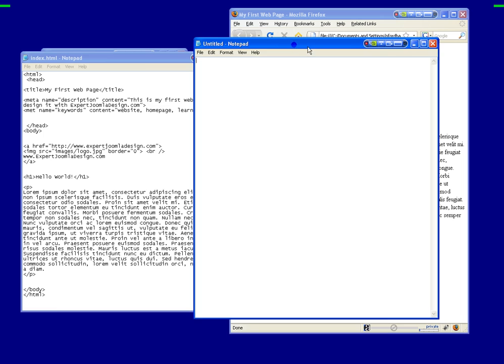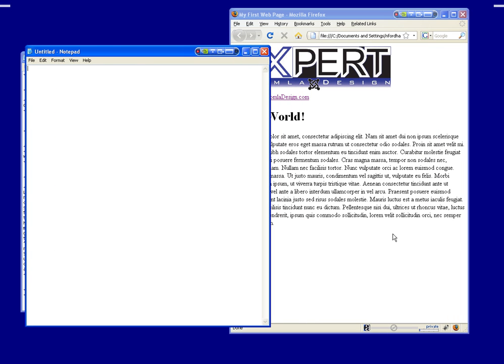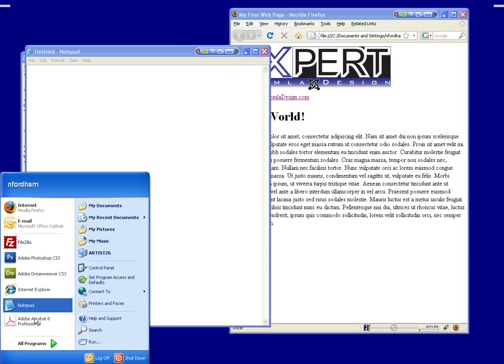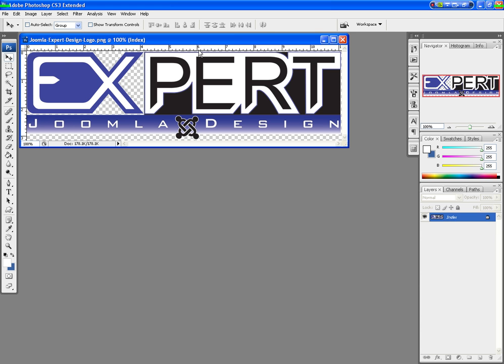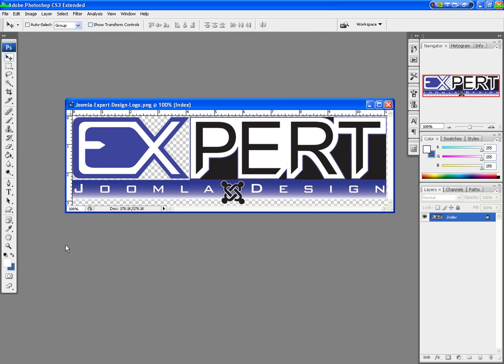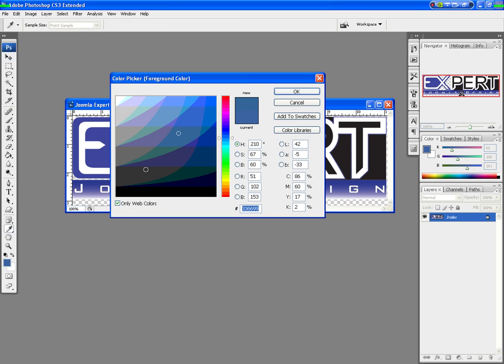So what I want to do is make the background of this page blue, the color blue that's in this logo. So first off, I'm going to open up Photoshop. In Photoshop, I've got this logo already opened. I'm going to hit X, bring the color to the top, take the color picker, and make sure I uncheck only web colors so that I get the